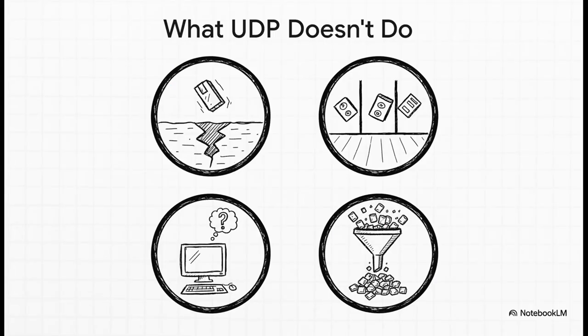So to truly understand UDP, you have to get familiar with its so-called non-services. It offers zero guarantee that your message will be delivered. It gives you no guarantee that messages will arrive in the order you sent them. It doesn't track any state, meaning each packet is a complete stranger to the next. And this one's huge. It has absolutely no congestion control. It will just blast data as fast as it can, even if it's flooding the network. Now remember, these aren't bugs, they are features. It's a deliberate trade-off that gives the developer total control and total responsibility.